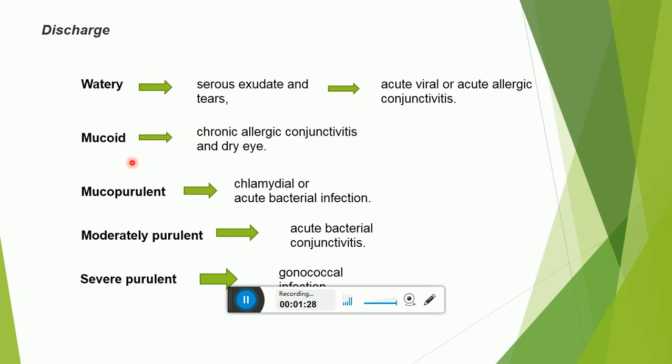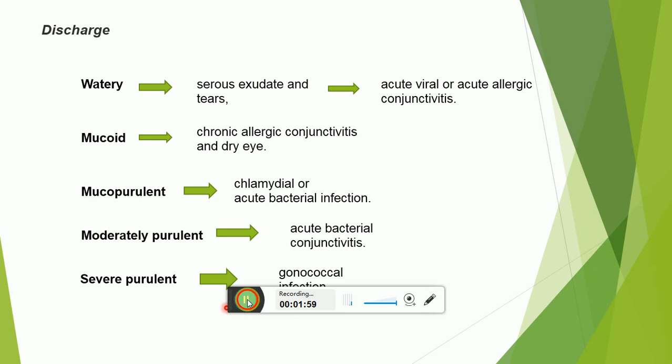Next is mucoid discharge. Mucoid discharge occurs in chronic allergic conjunctivitis and dry eye. Next is mucopurulent. It occurs in chlamydia and acute bacterial infection. Moderately purulent in acute bacterial. Severe purulent: